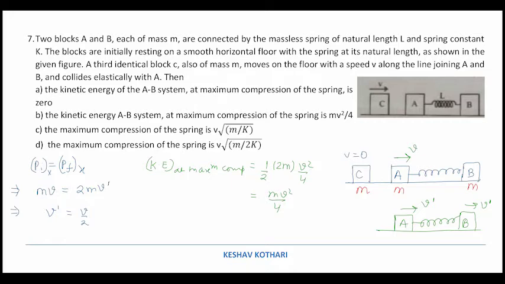Now the next question that is asked is the maximum compression of the spring. We can solve this problem using two techniques. The first technique which we will be discussing is energy conservation. If we apply energy conservation for the entire system, this is method 1 by which we are solving this problem. I can write that initial energy was half m v square. Finally it becomes half m v dash square for two particles, so we are putting 2 over here, plus half k x square.